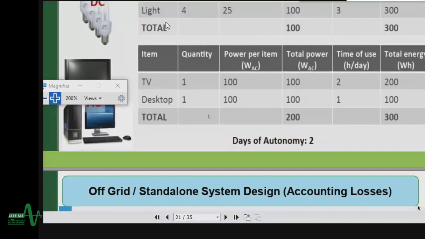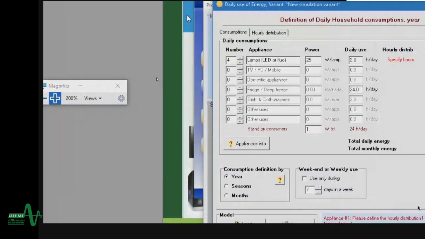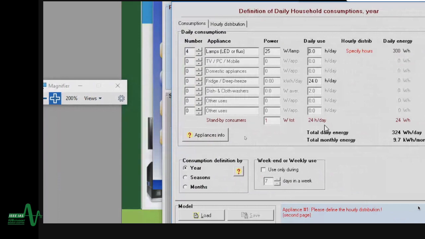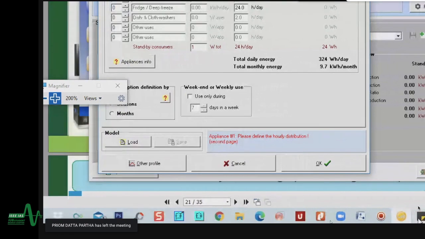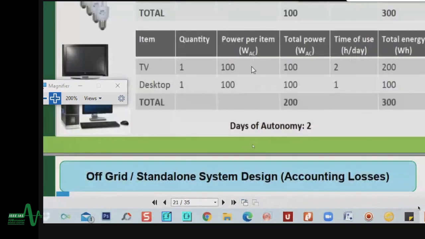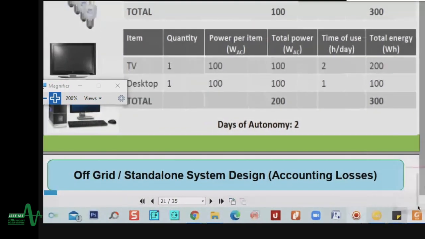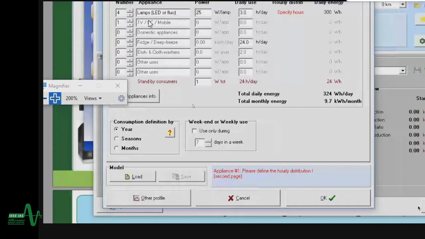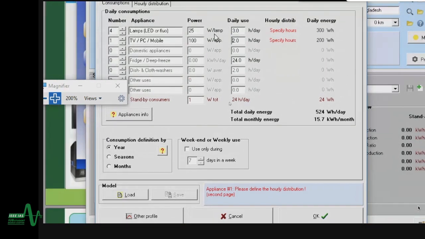Let's come to TV. Here, in the manual calculation we chose an AC system, but as you can see, PVsyst considers DC. There is no AC system in here, so you are not getting the AC system specification. So think of a DC-DC system. TV is 100 watt. It was 1 TV, 100 watt, right? And operate just